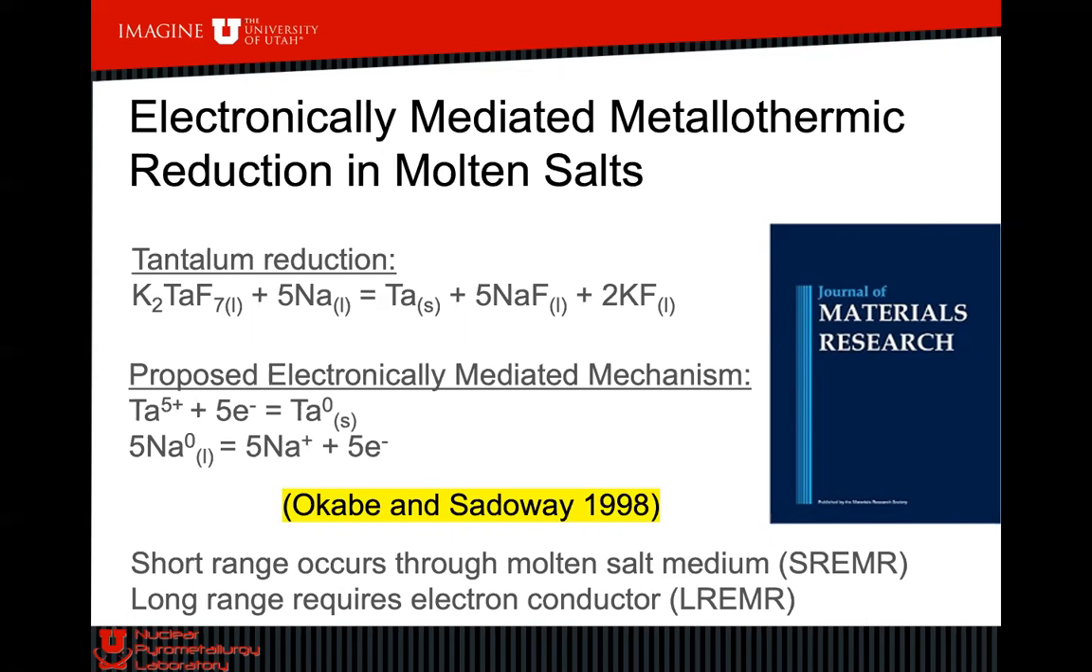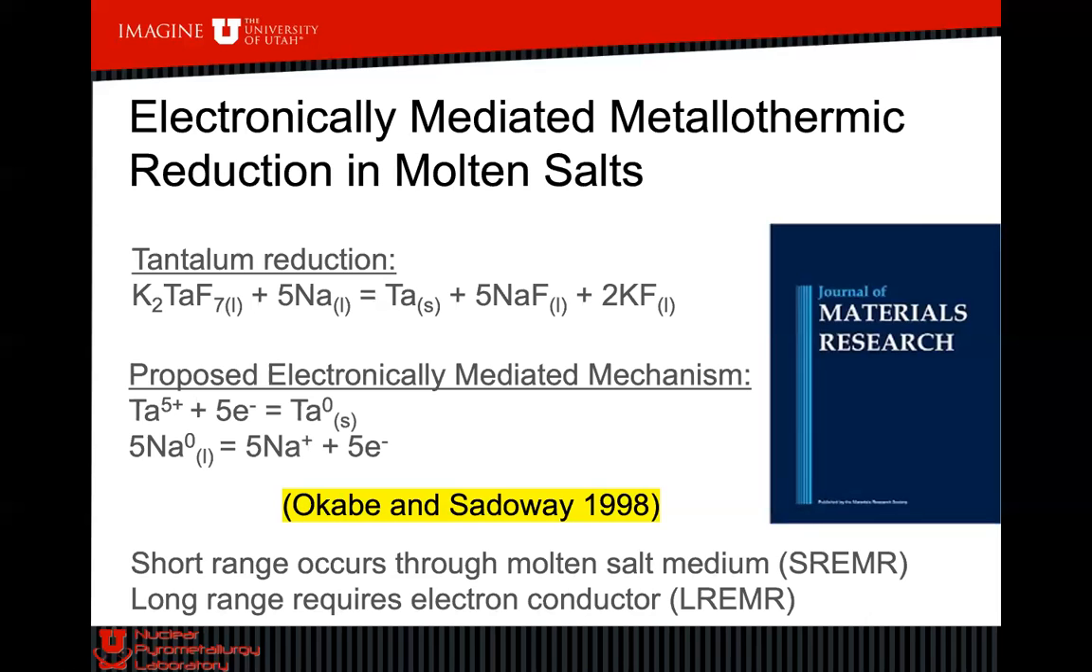Even though they didn't set it up as an anode and a cathode, that would be what we call long-range electronically mediated reduction. If I have a cathode and an anode and they're connected by a power supply, I'm pushing electrons through there. The idea of the short range is basically you've got atoms and ions that